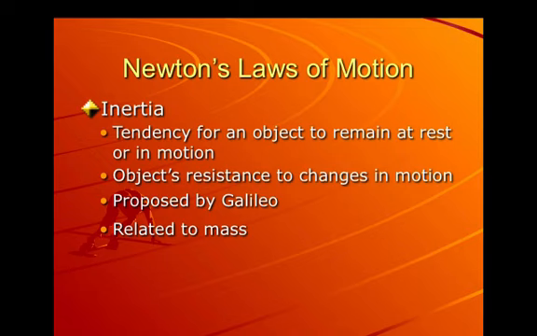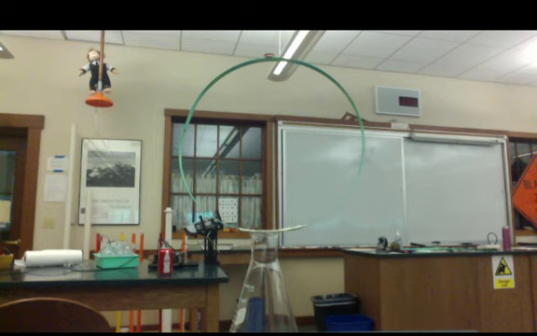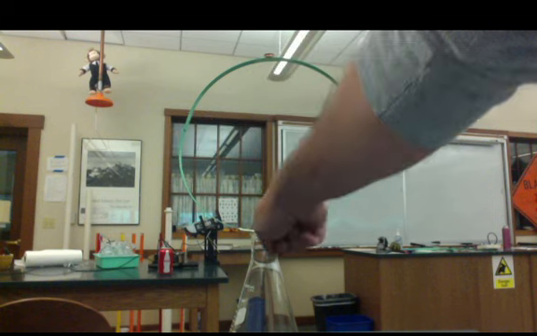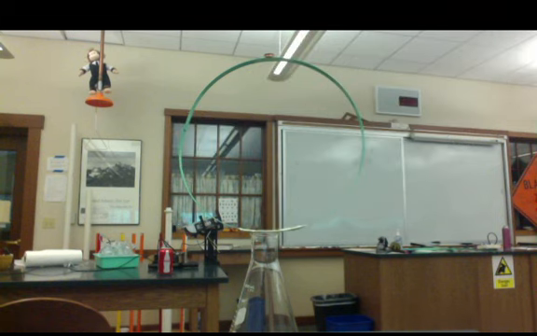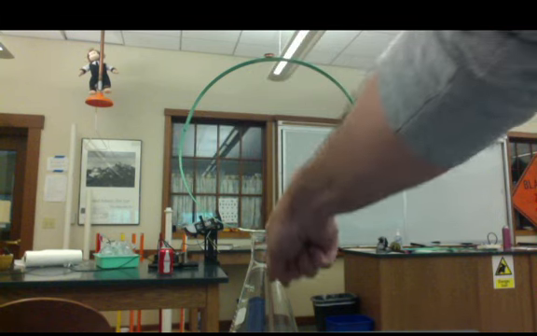But it also again has to do with that rest or motion and how resistant that object is to changing whatever it is. Let's look at a quick video example of the idea of inertia. In this demonstration, you'll see that there are a set of pennies on top of this hoop directly over this glass jar. Now the trick is to get all the pennies into the jar